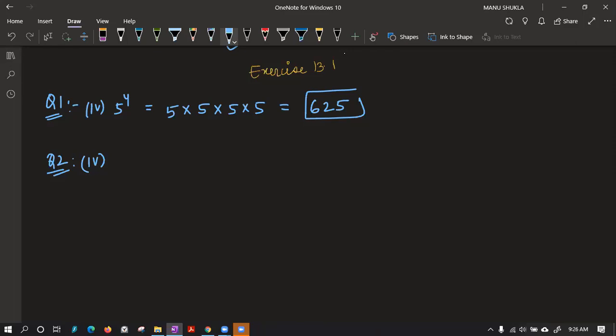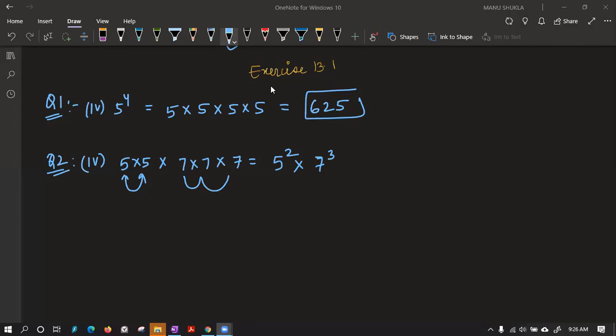Now, fourth part is 5 into 5 into 7 into 7 into 7. So it is a mixed one. Very easy. If you observe, you have two 5s getting multiplied. What can we write for this, class, in power form? We can write it as 5 power 2. Similarly, 7 is getting multiplied 3 times, it can be written as 7 power 3, and that is the answer. It was very easy to solve. Similarly, you can solve the remaining parts also.